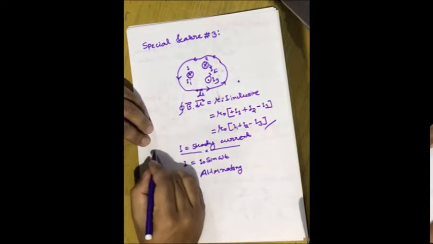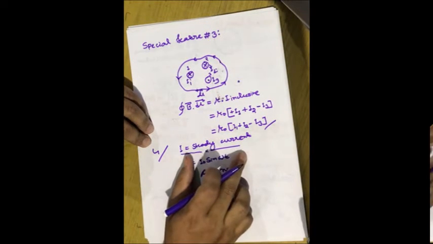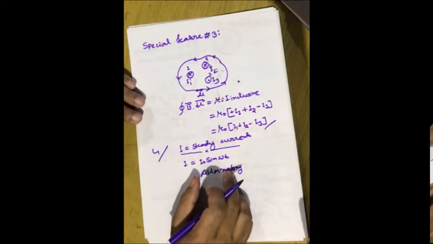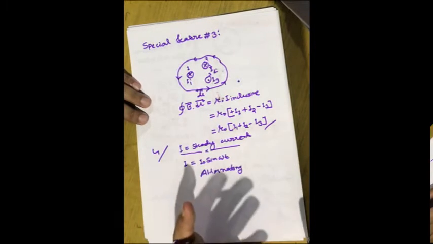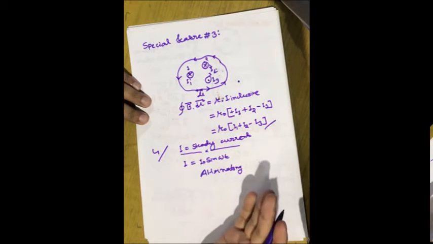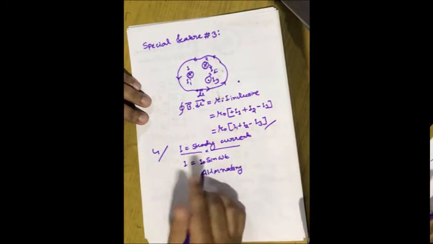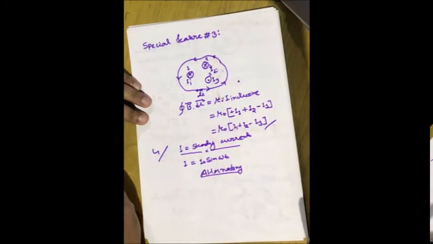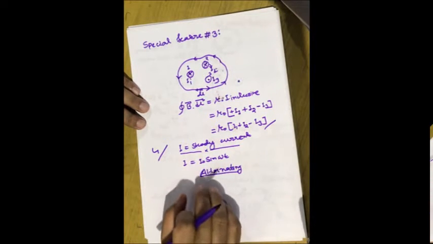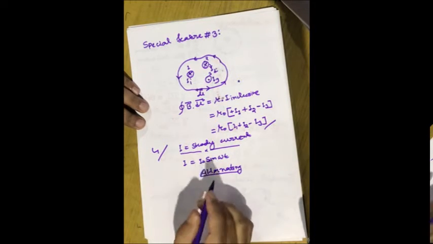Okay, and number 4 point is that Ampere circuit law is always valid for steady current. If we have time varying current, for example the alternating current, then Ampere circuit law is not valid. In that case we have to add some another term which is known as the displacement current, which we are going to discuss when we consider the alternating current chapter. Okay, so far this is everything you need to know at this level about Ampere circuit.